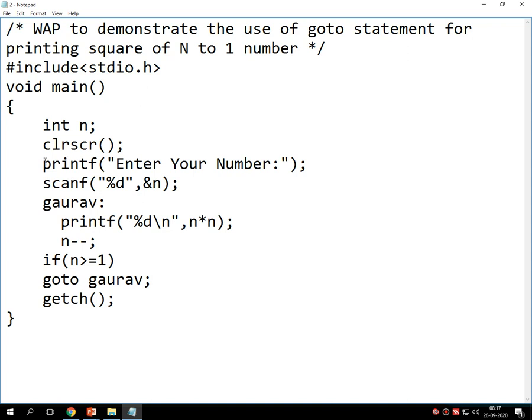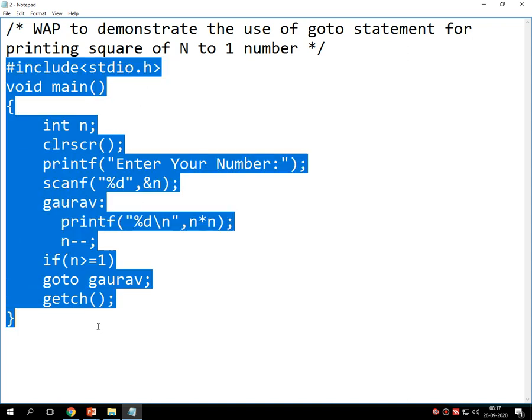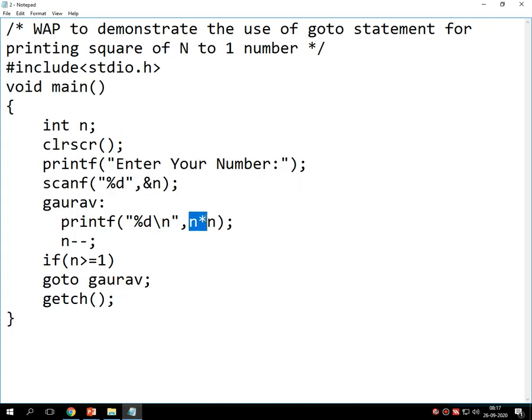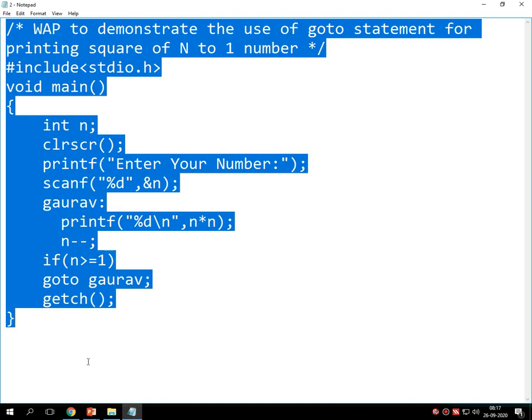So this program needs only one change, where we have to multiply the value of n by itself one more time. It prints the square of that particular number. So this is a very simple program which you can do by yourself.